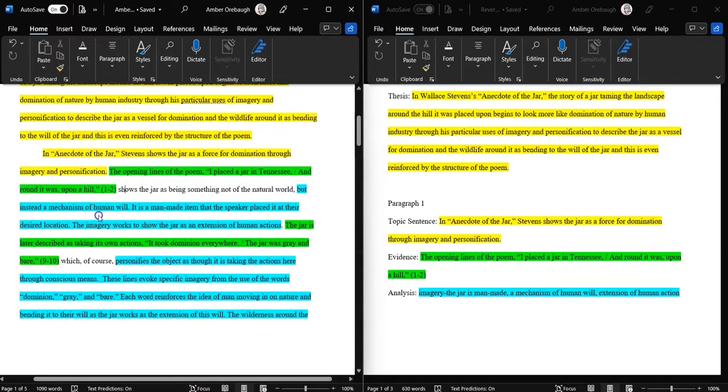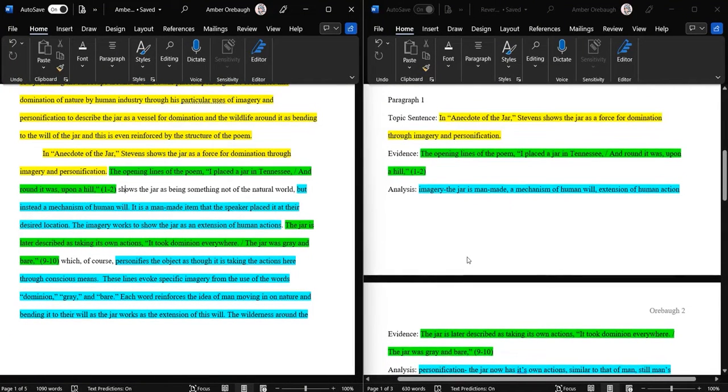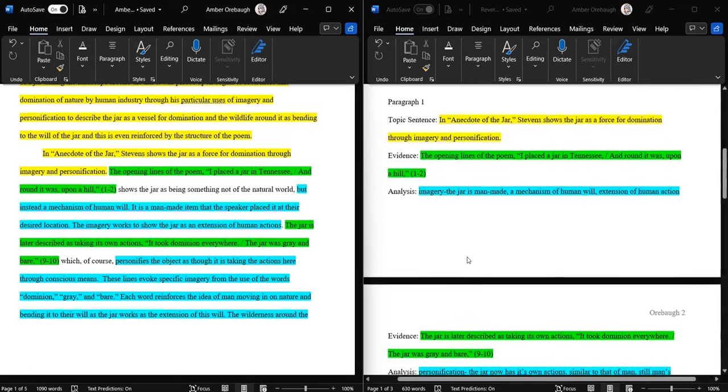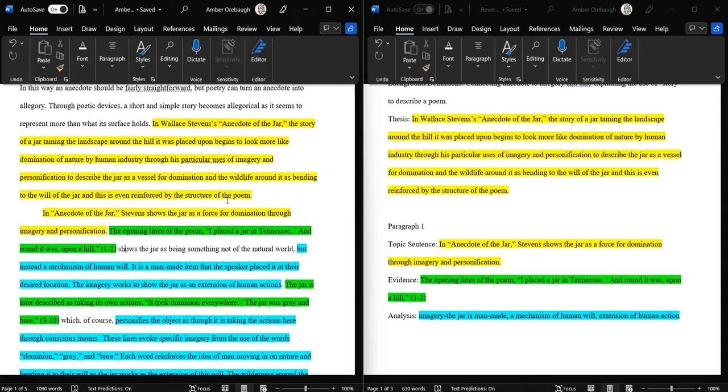Going through and checking on my actual wordage that I was using in my topic sentences, the next thing that we can look at is whether, at least in the topic sentences of my paragraphs, I followed through with similar wording and signaled to my reader the order that I talked about things in. Is it exactly what I said in my thesis? The first thing that we want to check for here is that it looks like the first thing I should be talking about is the jar as dominating force, because I'll be using imagery and personification on both the jar and nature. So the first thing I would expect to see is that argument about the jar as a dominating force.